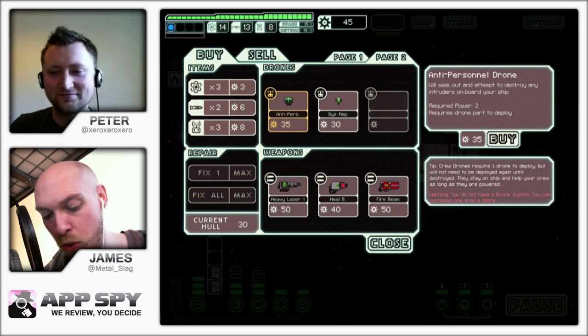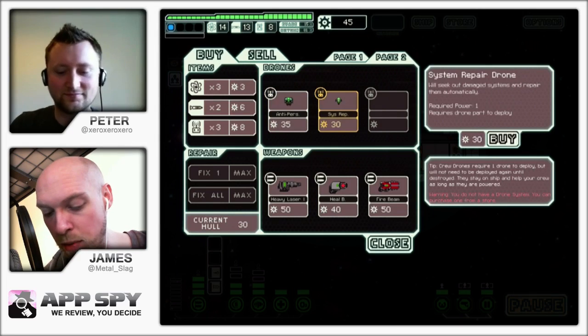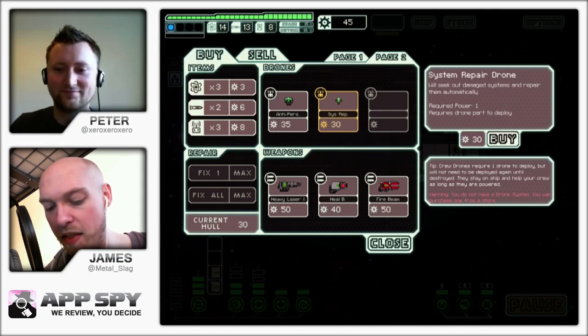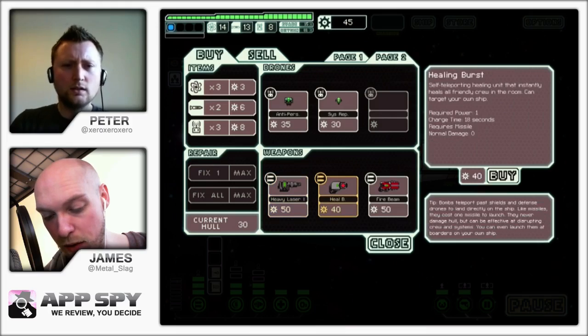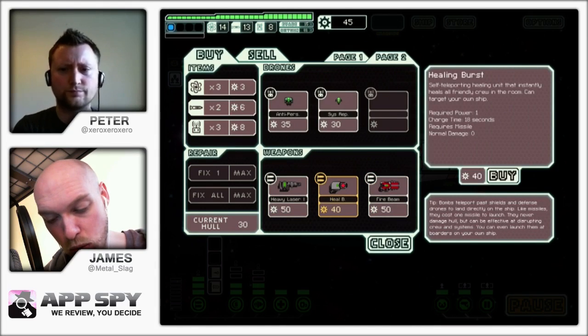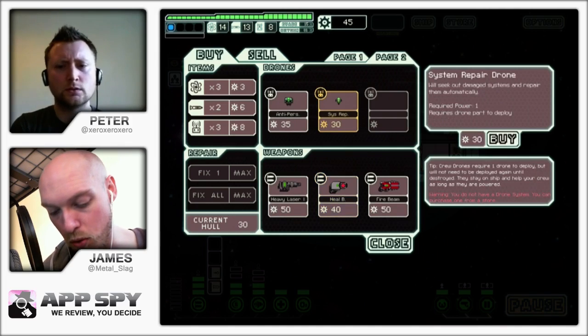An anti-personnel drone will seek out and attempt to destroy any intruders on board the ship. So that would be useful in my previous playthrough when I got boarded. System repair drone will automatically seek out systems and repair them automatically. Ooh, I like that. That sounds cool. I can also buy heavy lasers and a heal beam and a fire beam. Okay. Ooh, that's tempting. System repair drone or...